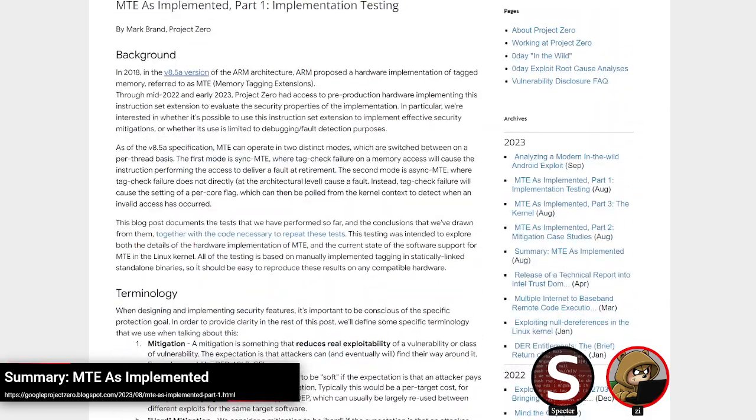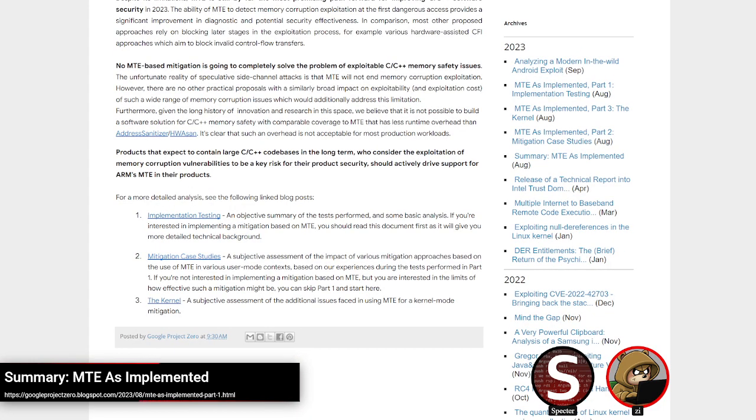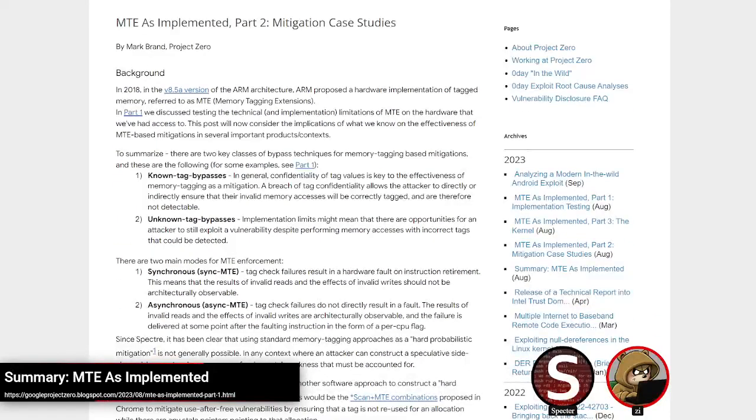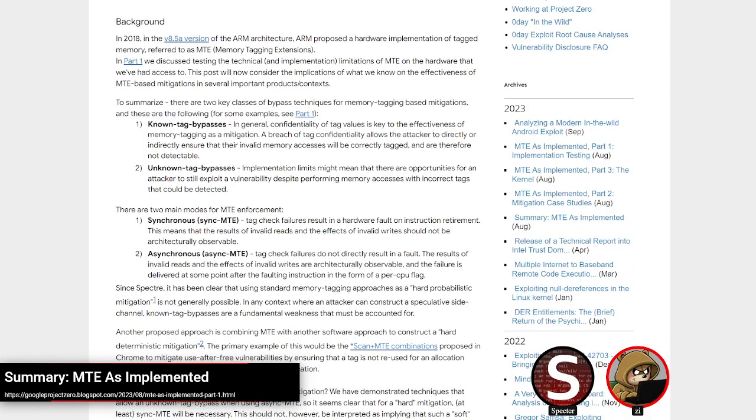So one thing that's actually covered, I think, in the second post, where they explain what sync and async means, I thought was a little bit weird. Yeah, they talk about it in the second post, though it does matter for this first post, which is synchronous MTE versus async. That is on ARM with this implementation. There's two ways that MTE can run, either being synchronous, where when an instruction has an invalid access, and I guess I should also mention memory tagging, adding a little 4-bit tag onto pointers.